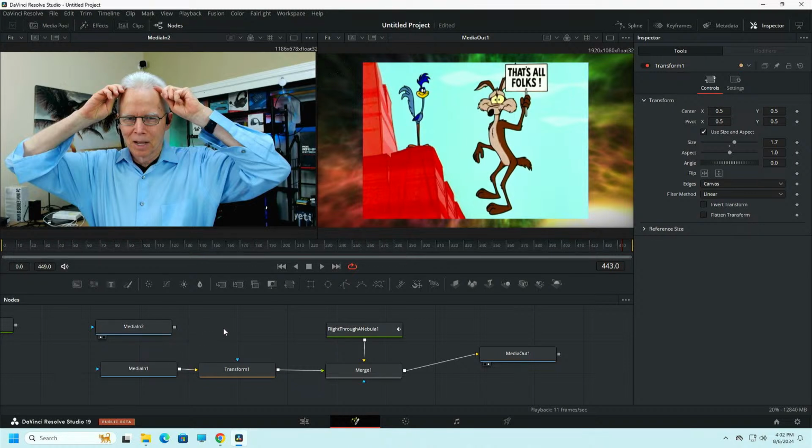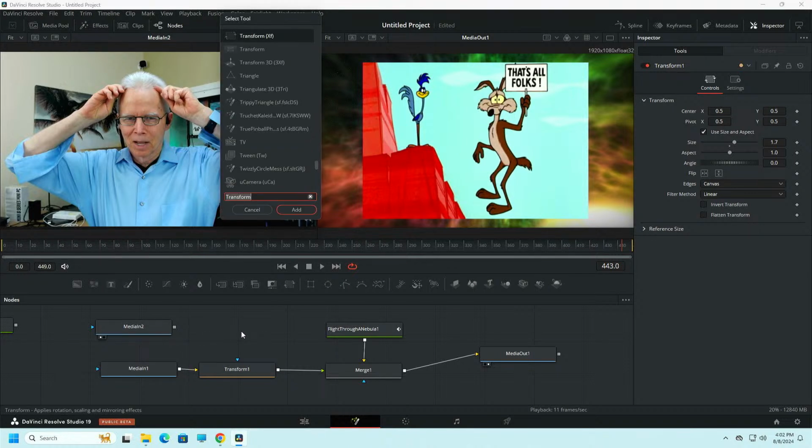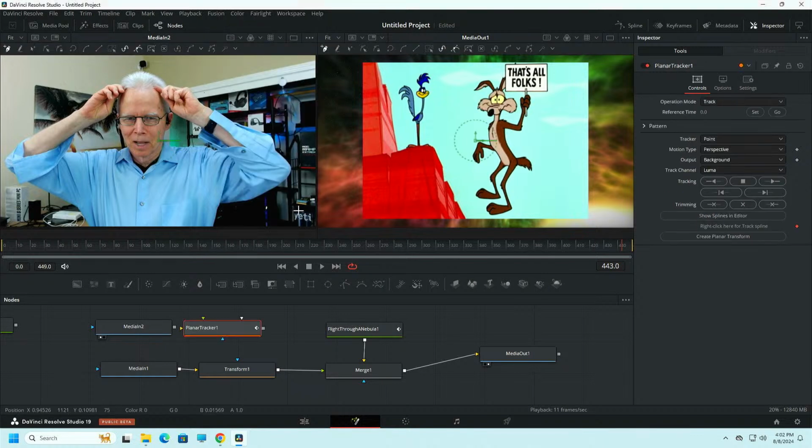I'm going to right click, shift space, and I want to do a tracker. No, I want to do a planar tracker, PLA. And then I want to go find planar tracker. I'm going to add it. And then I'm going to plug